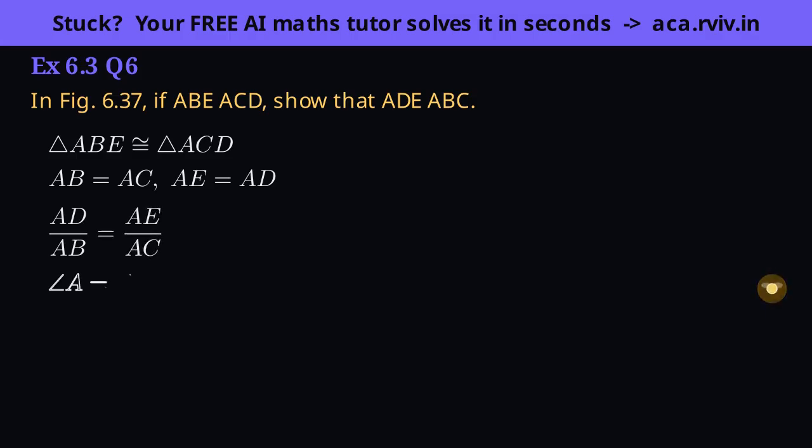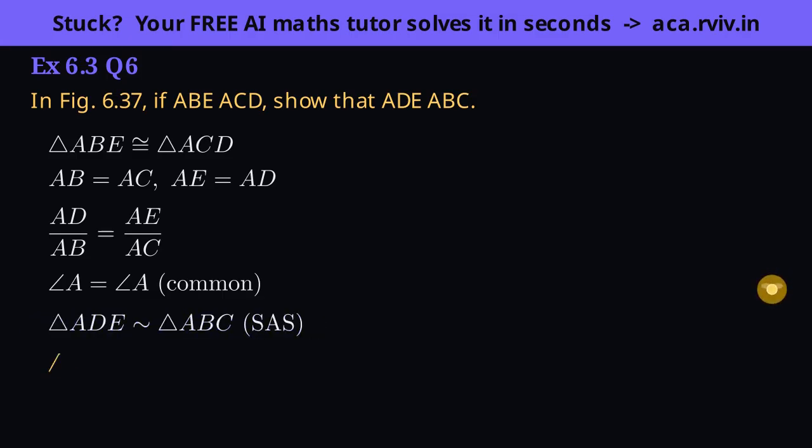Angle A is common to triangles ADE and ABC and sits between those sides. Proportional sides around an equal included angle give SAS similarity. Insight: congruence is stronger than similarity. Its equal sides convert straight into the ratios SAS wants.